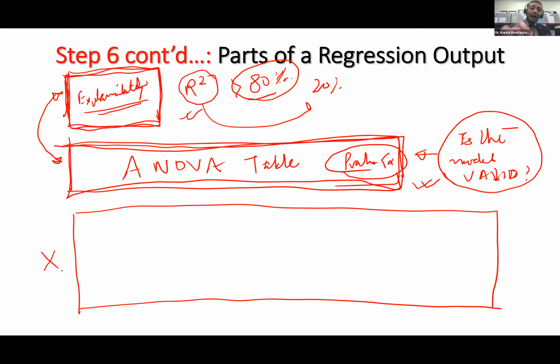However, if your R square is a healthy number, which basically means that you have a good level of explainability, and if your ANOVA table gives you a p-value that is less than alpha, which basically tells you that your model is valid, that's when you look into what your regression coefficients are. This is where you will see all of your coefficients highlighted, starting with the intercept, and then neighborhood 2, neighborhood 3,